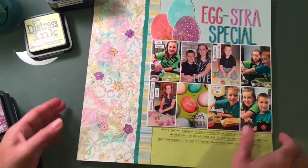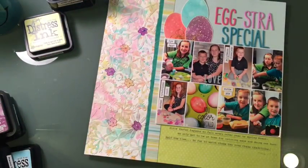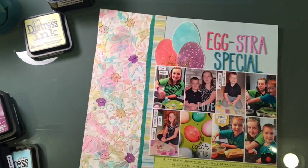You Color My World, this stamp right there, I actually pulled it for the last layout and I didn't end up using it, but it's this My Favorite Things stamp. It's called Lucky, and it's right there. So I used that. And then the eggs, like I mentioned the first time around,